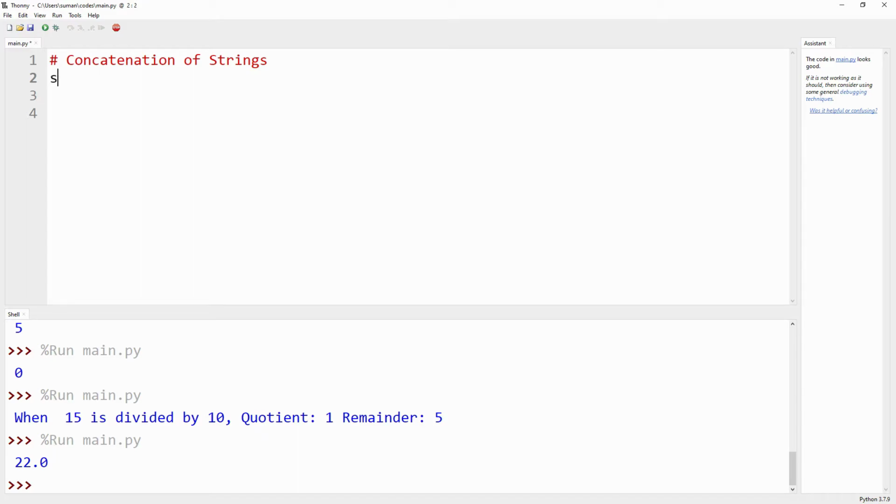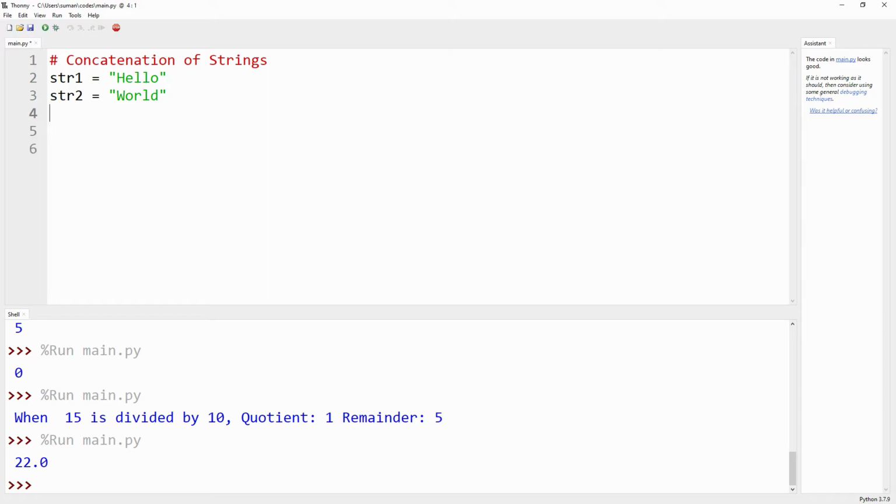Let we have a variable str1, and suppose we are giving the string value, that is hello. Then second variable, that is str2, and we are giving the value as world. Let at first delete that blank space.